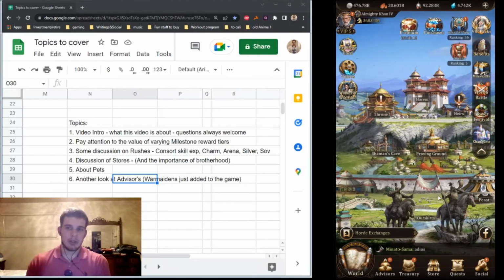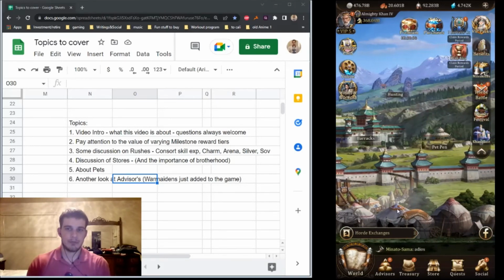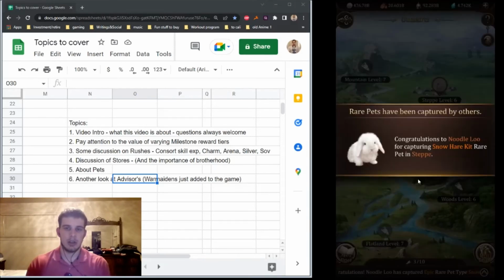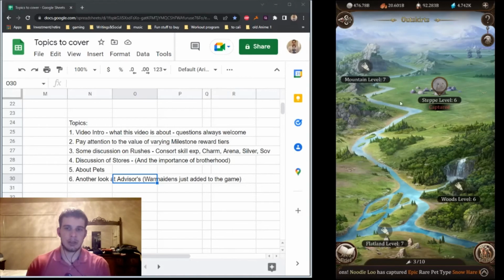Okay, so that covers all the stores. I guess I'll talk about pets for a bit. So the area where you farm pets is the outskirts. I recommend getting each of your outskirts levels up to 7 before you do anything else. The reason why you want to get them up to 7